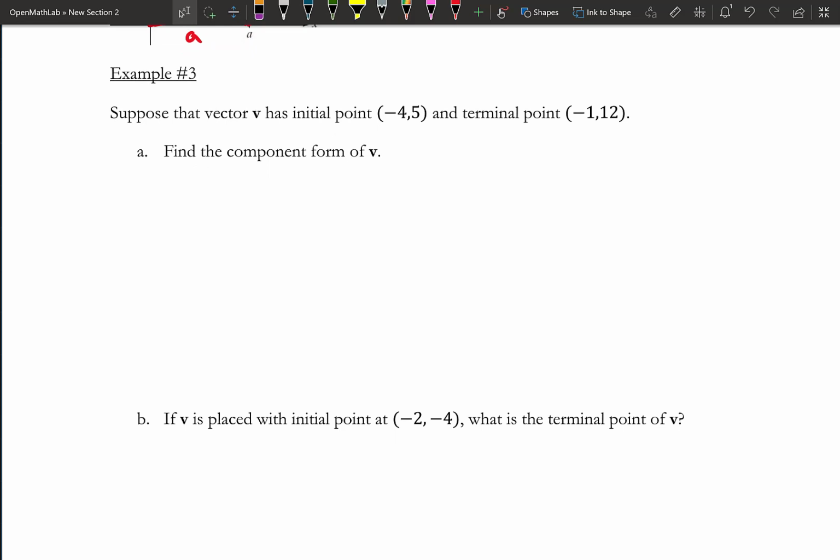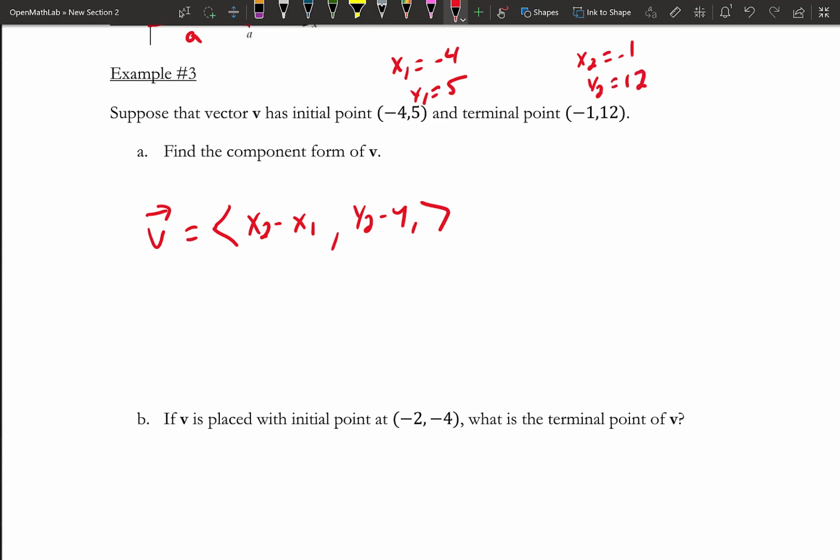Right, so example 3: suppose that a vector v has initial point -4, 5 and terminal point -1, 12. We want to find the component form of vector v. The component form is going to be x2 minus x1, comma, y2 minus y1, where x1 equals -4 and y1 equals 5, x2 equals -1 and y2 equals 12. If we plug those values in, we would get -1